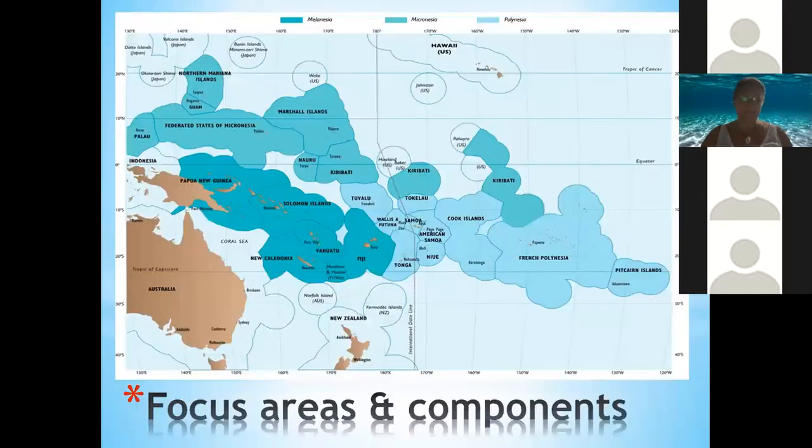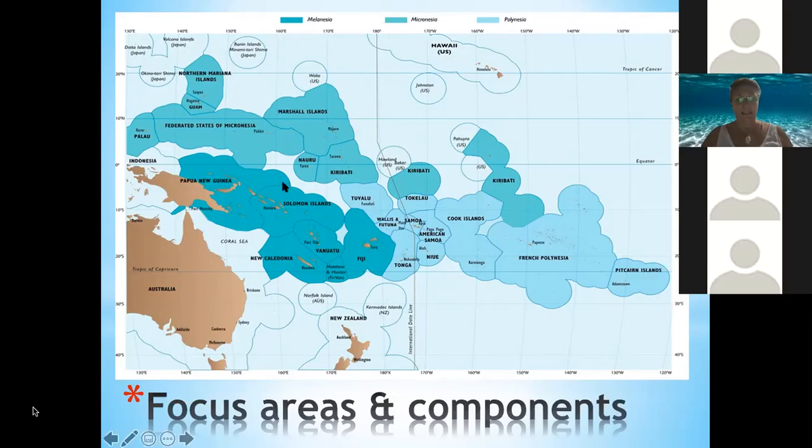Next slide, please. So this is a region, as I said, a very large region out as far east as the Pitcairn Islands. So it's only the shaded nations that were part of the assessment. You can see it does go into the Northern Marianas Islands, Guam, Marshall Islands, so Micronesia, but not into as far north as Hawaii or parts of Japan. We also included obviously all the islands in Melanesia, so Papua New Guinea, Solomons, New Caledonia, Vanuatu and Fiji, and then all of the Polynesian nations. So that's 22 Pacific Island countries and territories.